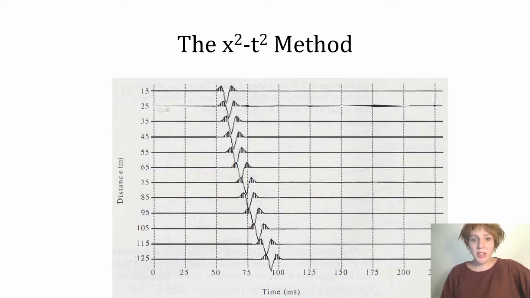So first off, here is a seismogram. It's actually quite simplified so that you only see the reflection. Obviously, in a real seismogram, you would have multiple pulses representing the direct wave, refracted waves, and reflections. But for simplicity in this video lecture, we're only going to look at the reflected wave that we are interested in. And here you can see it, and you can see that it has a sort of parabolic shape. It does not create a straight line, and that's because of the normal moveout.